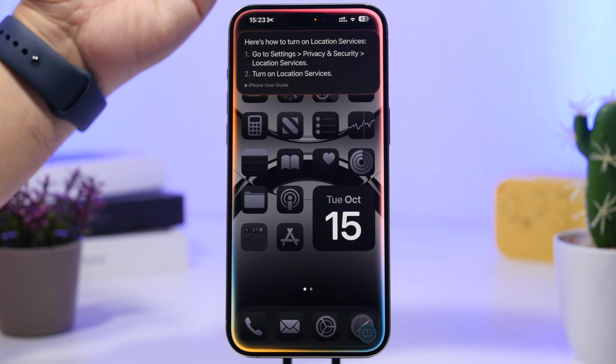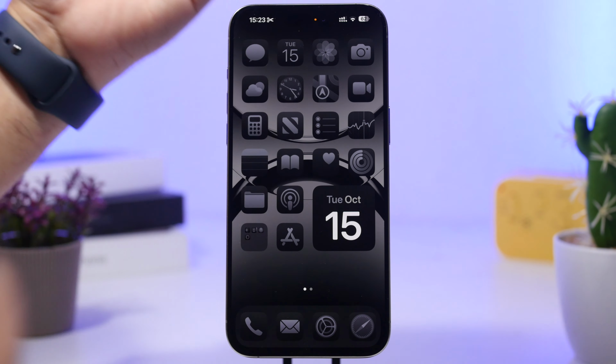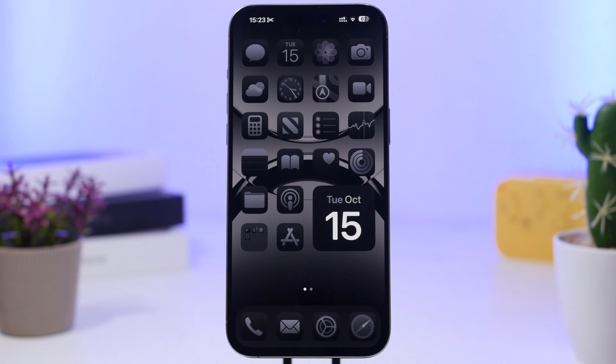And as you can see right there, it knows how to do it, and it will even show you a guide on how to actually do that. Now, there are a few more features that will come to Siri with AI, but that will be later, probably sometime next year, probably sometime around spring next year with most likely 18.4. We will see some more new features coming to Siri with iOS 18, of course, and the new Apple Intelligence